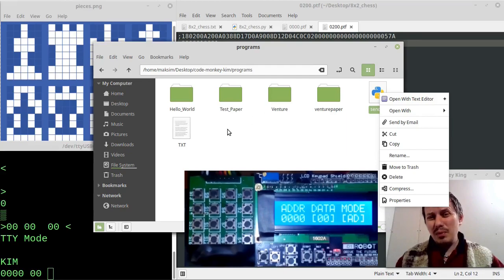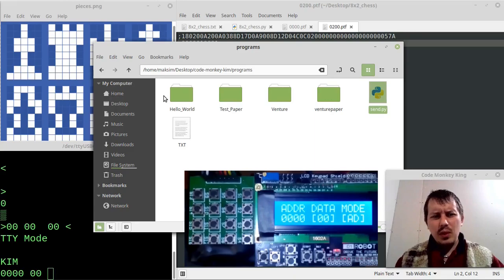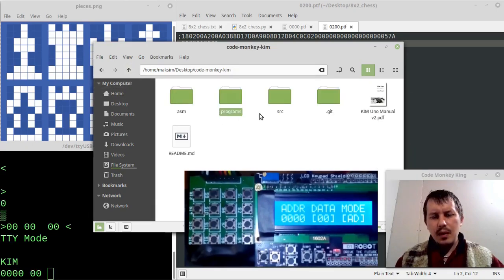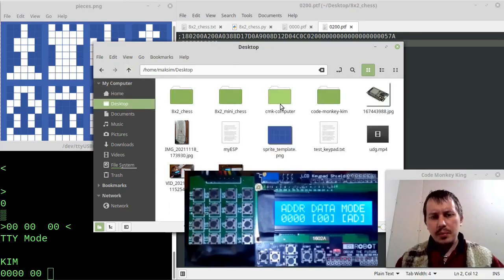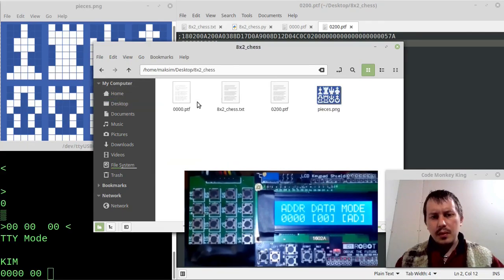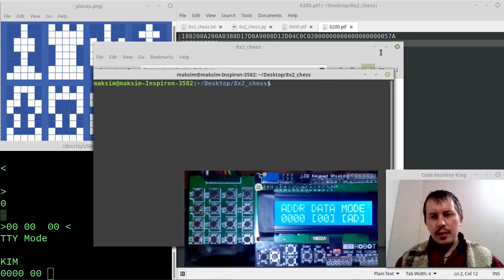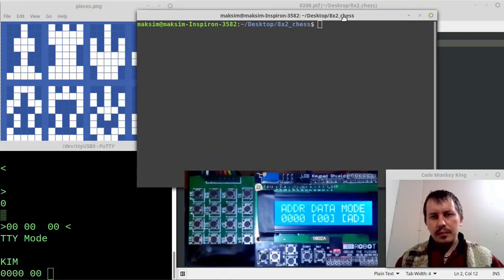Yeah, probably could put this chess game here, and probably that's what I will actually do. Well, okay, maybe next time. So just copy and desktop, chess, paste, and open the terminal. All right. So now,